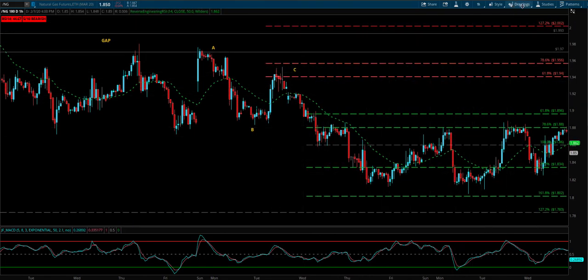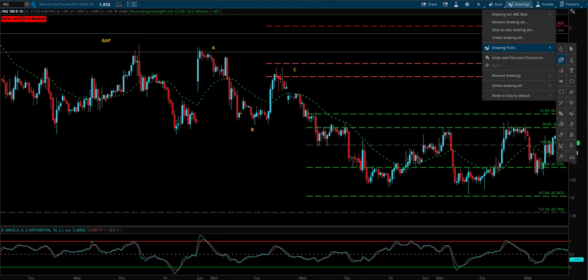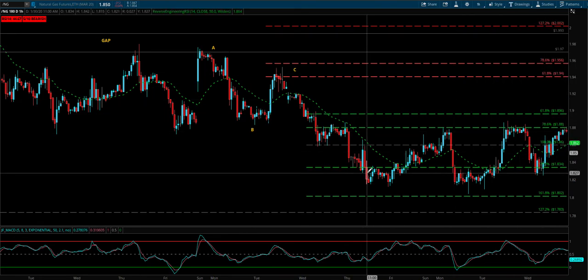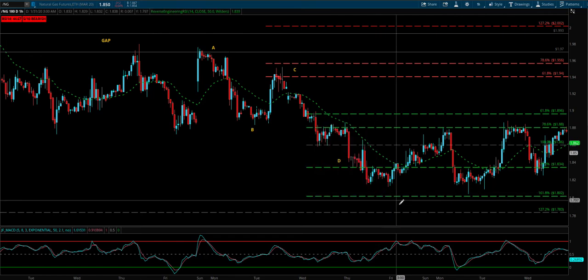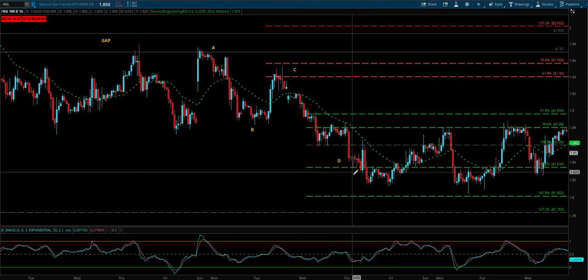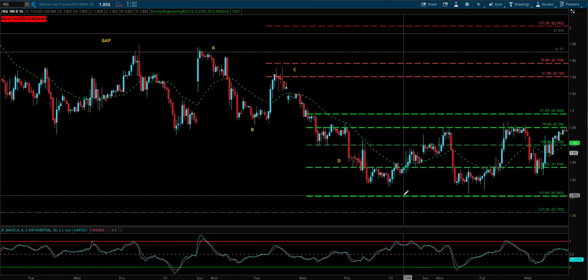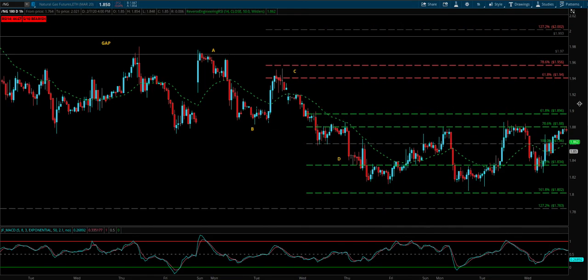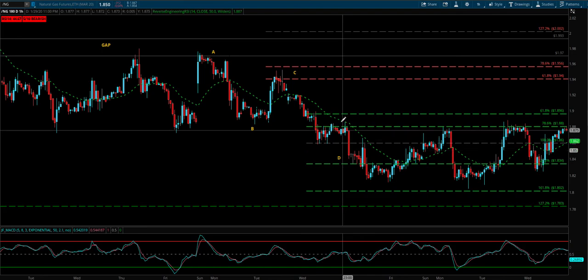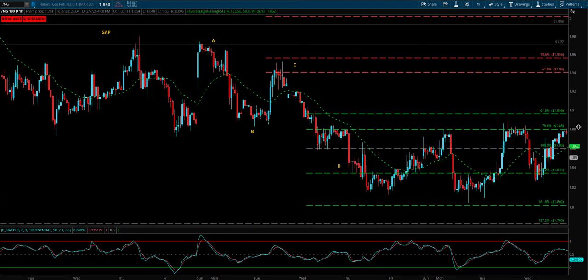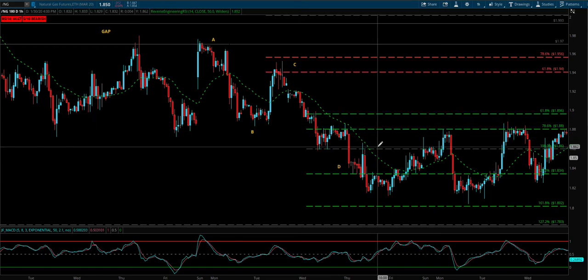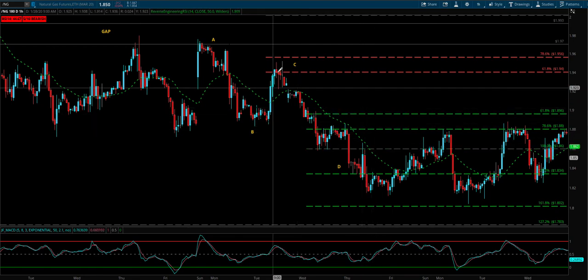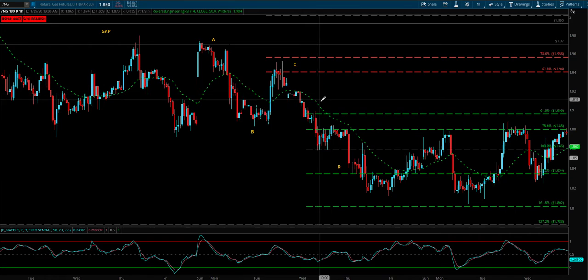So you would have looked to exit somewhere around D. You could have trailed your stop. You see it went down a little deeper, went to 161.8. But these are zones, so there's really no way to tell other than using these fib levels. And what you can do is you can just trail your stop down,